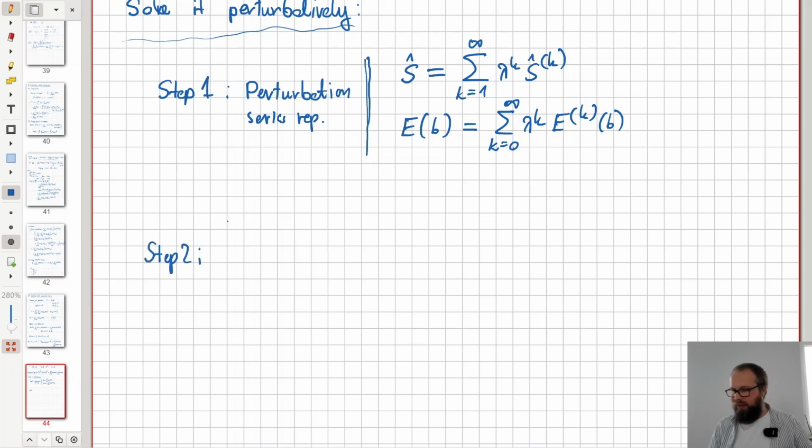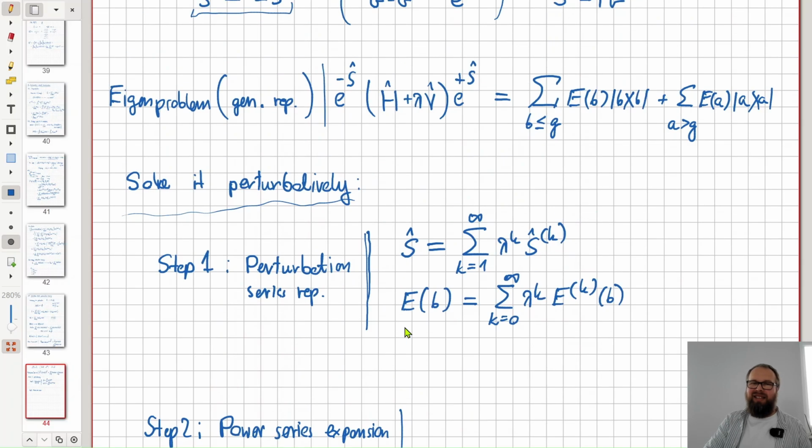Step 2, power series expansion. So you have S and E have series representations. Now you imagine you put them into your problem, your founding equation, and you do the Taylor expansion of both sides of this equation,